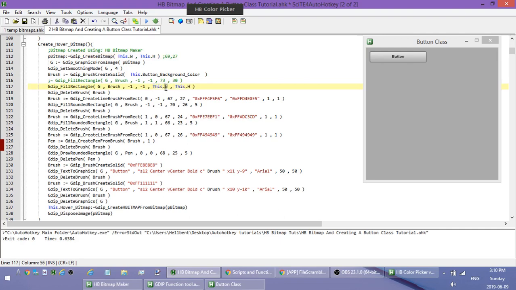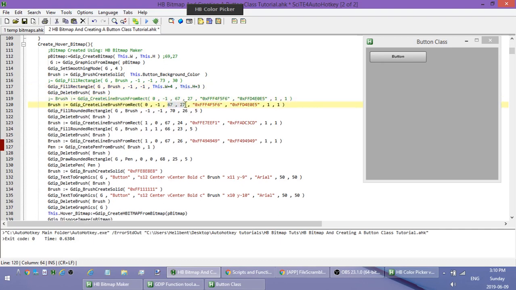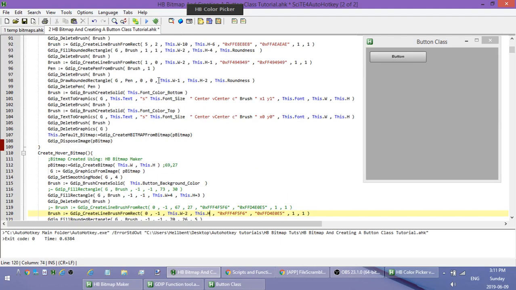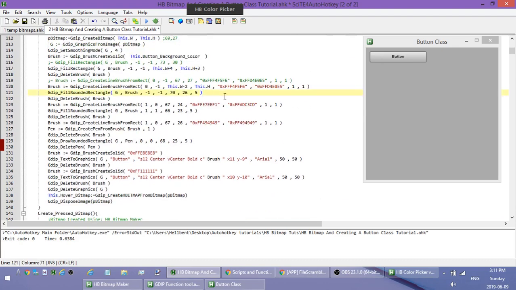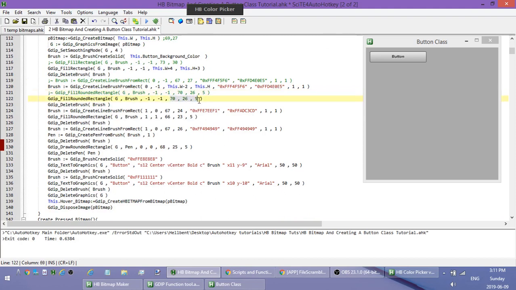This is this dot width +4, this dot height +3, duplicate comment, this dot width -2, this dot height, duplicate comment, this dot width,